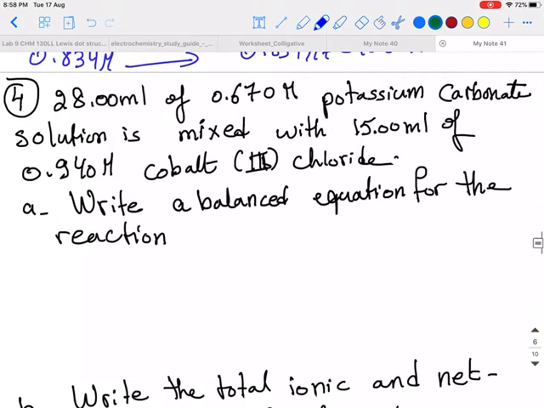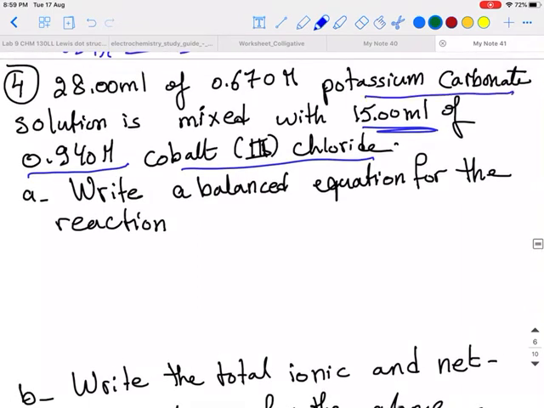Now the last problem that we will solve together. We have 28 milliliters of 0.670 molar potassium carbonate solution mixed with 15 milliliters of 0.94 molar solution of cobalt chloride, and now we want to find